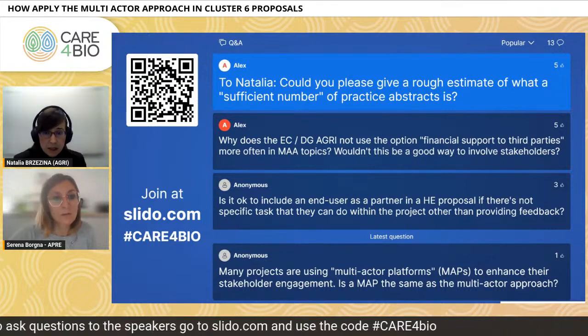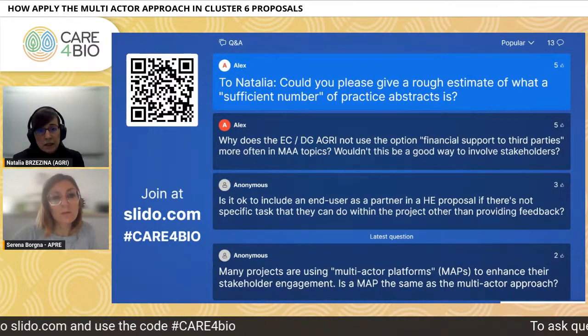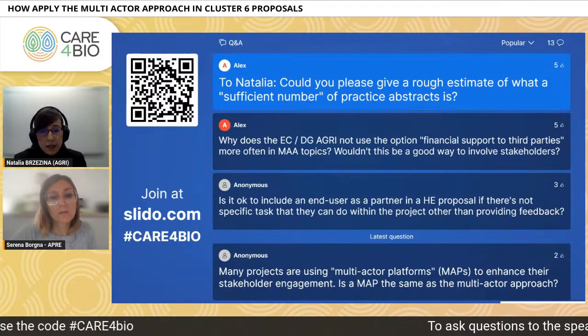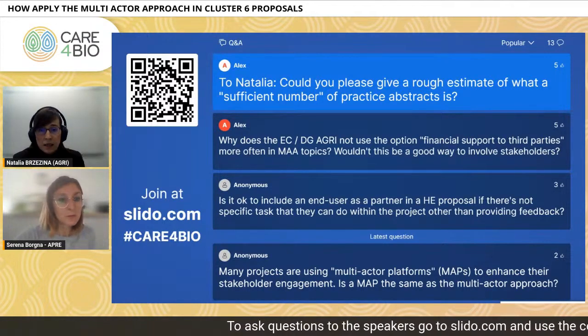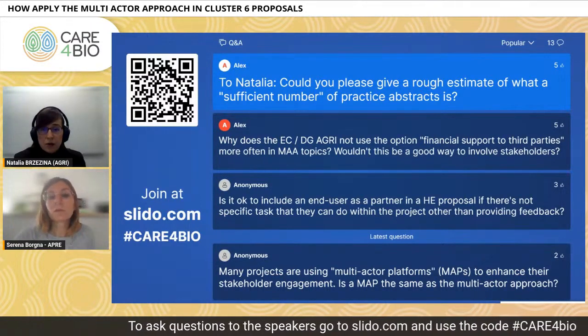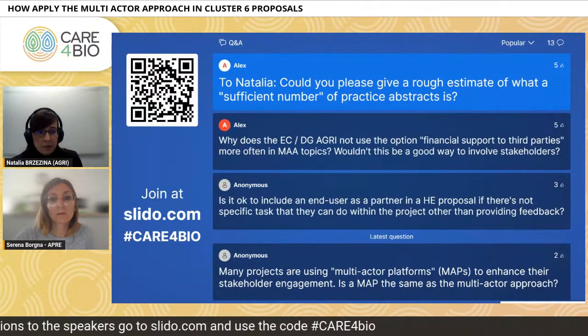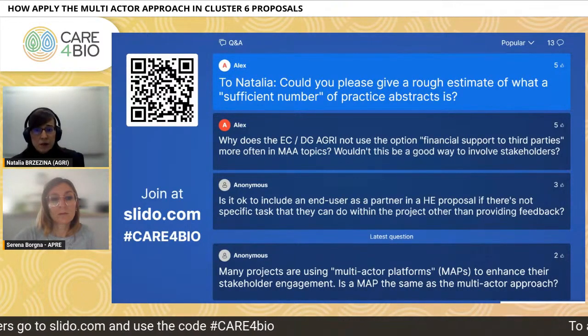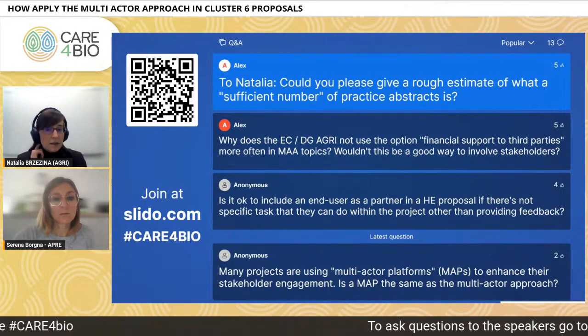And I would say the sufficient number depends really on the project, on its objectives, on the problems that you address, and the needs that are expressed by the end users. And I would not give a really concrete number, but for me, it is important that these practice abstracts